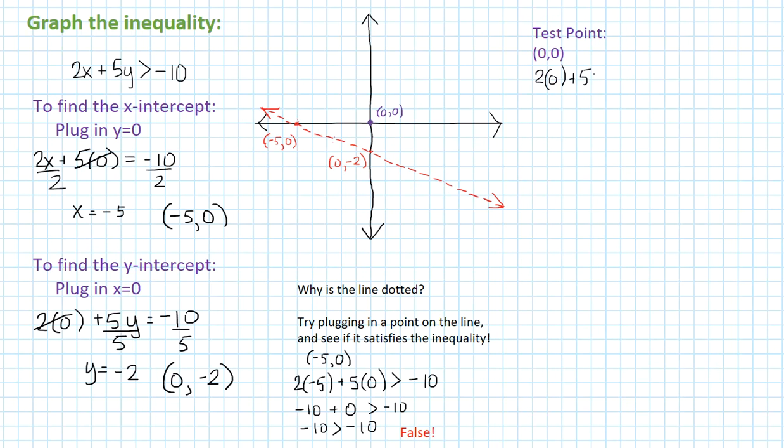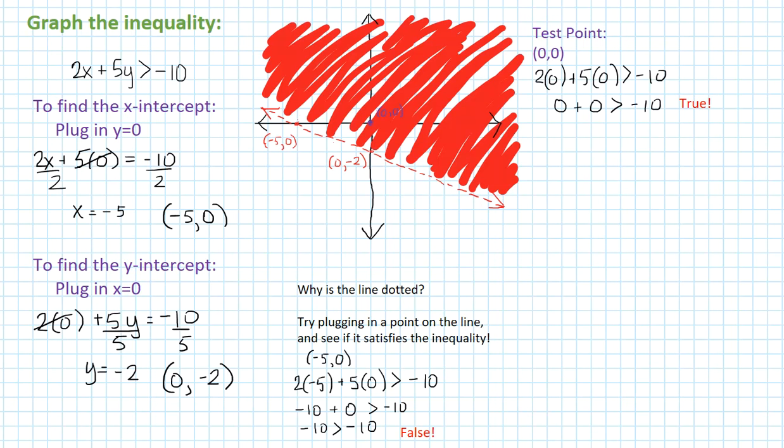And so we plug that in for x and y, and we're going to find out whether that point makes this inequality true. So this ends up being 0 plus 0 is greater than -10. Since it's true, that tells us that we could pick any other point above the line, and it would also satisfy the inequality. So that means we get to shade in this area, and if we really wanted to be sure, we could pick any point in the shaded area,